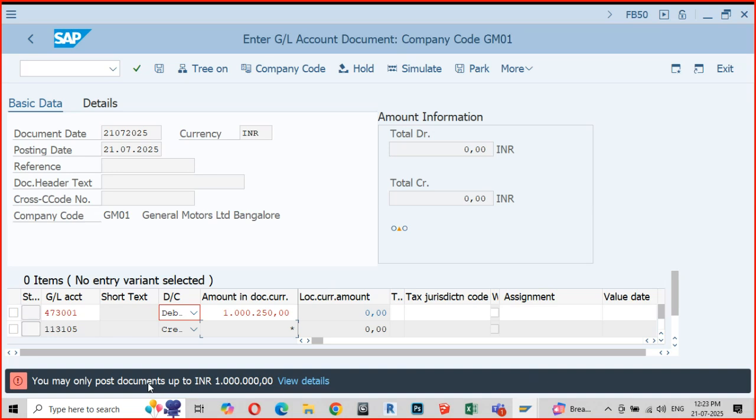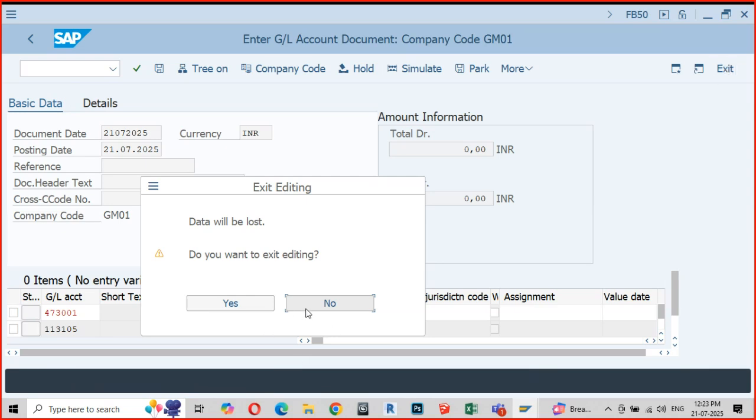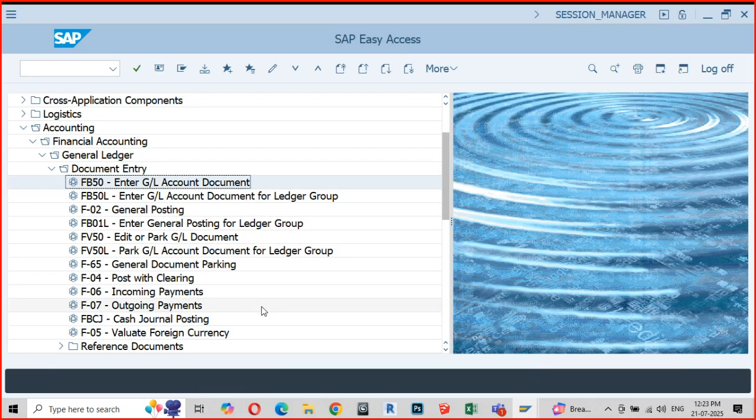This is one of the classic examples of your tolerance groups. Was this concept clear? Did you understand the concept of tolerance groups? Clear? Okay.